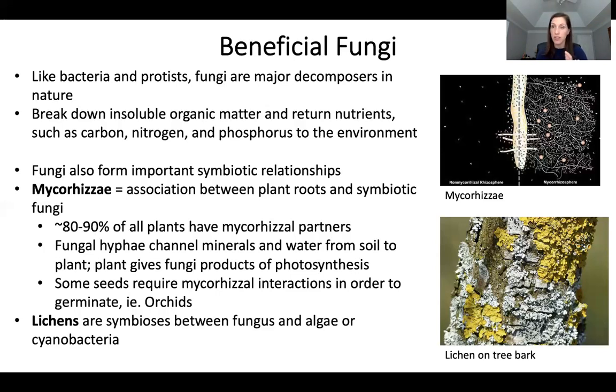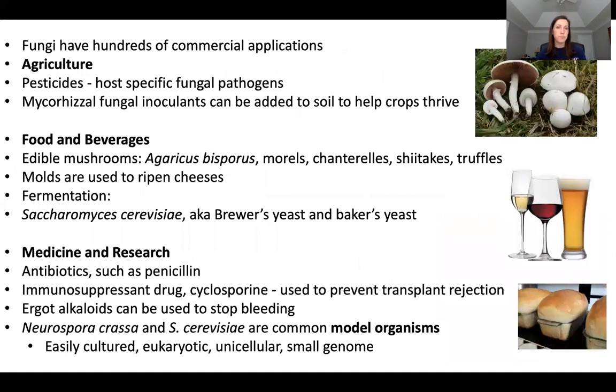Presence of lichen, a healthy lichen population, probably means a stable ecosystem. When you see them start to die off, it can be an indicator of pollution or other problems. All right, so other benefits of fungi that are specific to people.